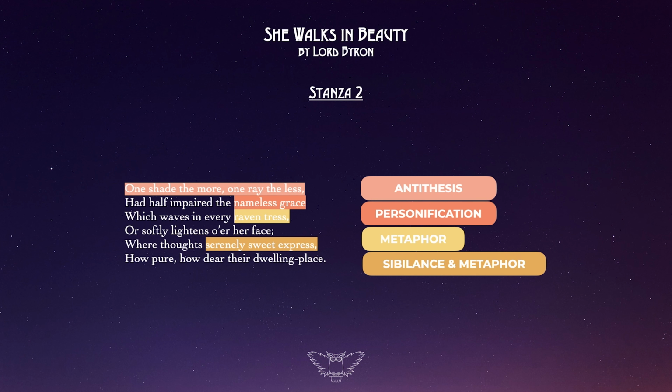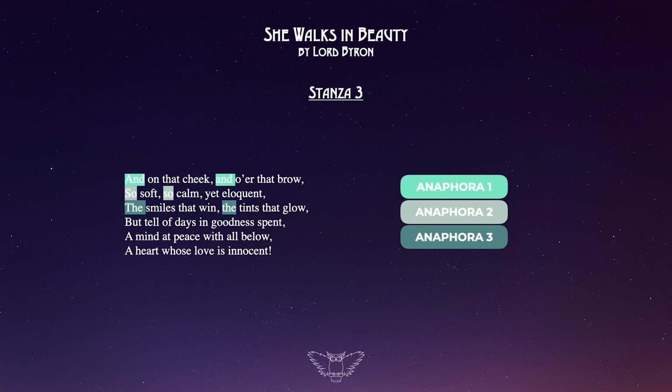Anaphora is the repetition of the same word or words at the beginning of successive phrases, clauses, or sentences, which usually has a dramatic impact on the text tonally. So it's almost as if the poem is coming to a climax, and this is the 3rd stanza, so it should be coming to a climax at some point. And just think how each stanza we've zoomed in closer and closer